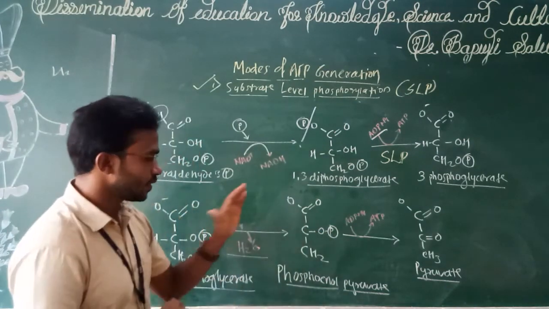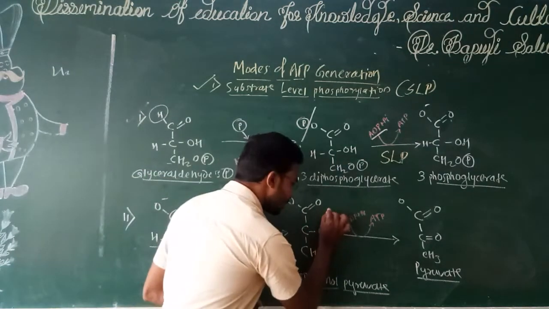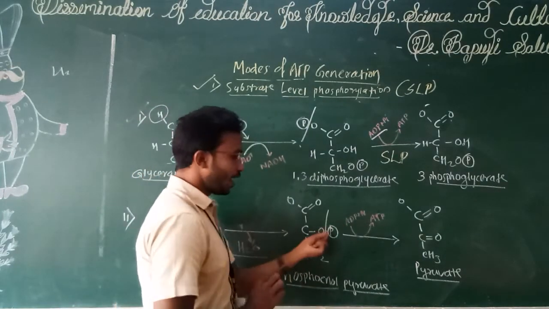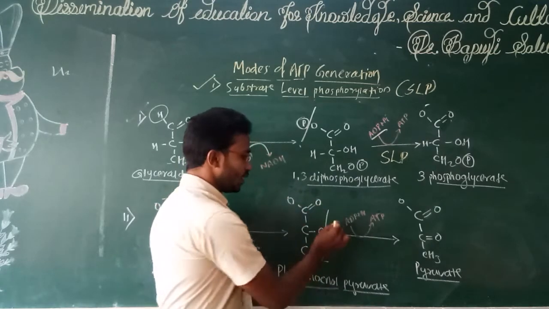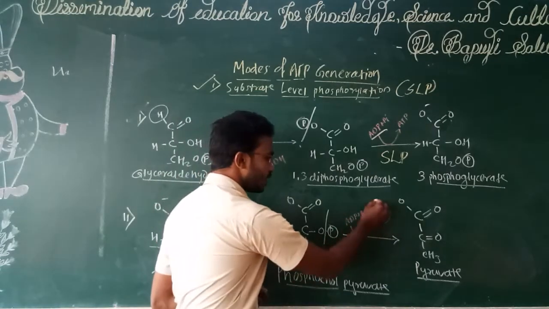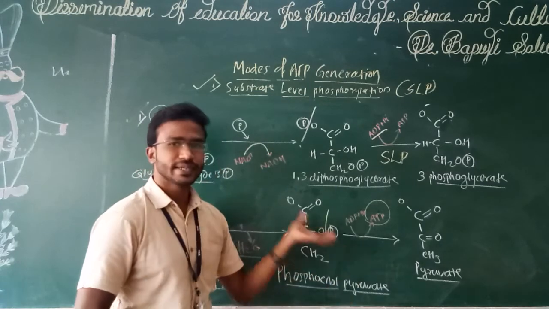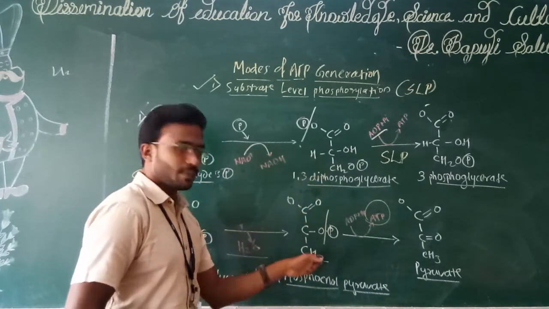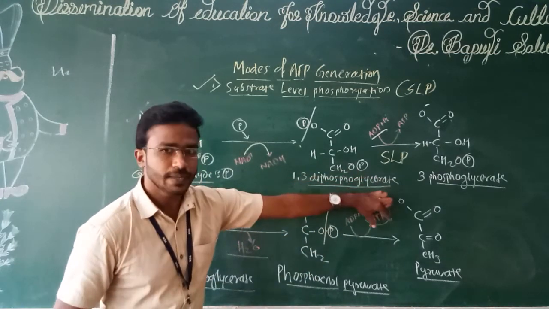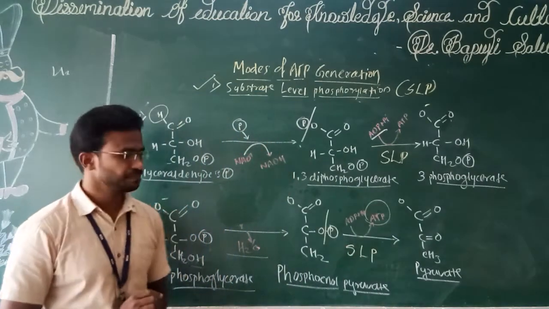In the next reaction, look at this. At this particular reaction, what happens? This bond is broken down. हा जो बॉन्ड आहे हा बॉन्ड इथला ब्रेक केला जातो. हा एनर्जी फॉस्फेट आहे तो रिलीज केला जातो and this phosphate is again added into ADP and that forms ATP. So again ATP synthesized. काय झालं याच्यामध्ये? This is a substrate. Phosphoenol pyruvate is a substrate. Catabolized, phosphate is released and that phosphate is added into the ADP that forms ATP. So again it is an example of substrate level phosphorylation.